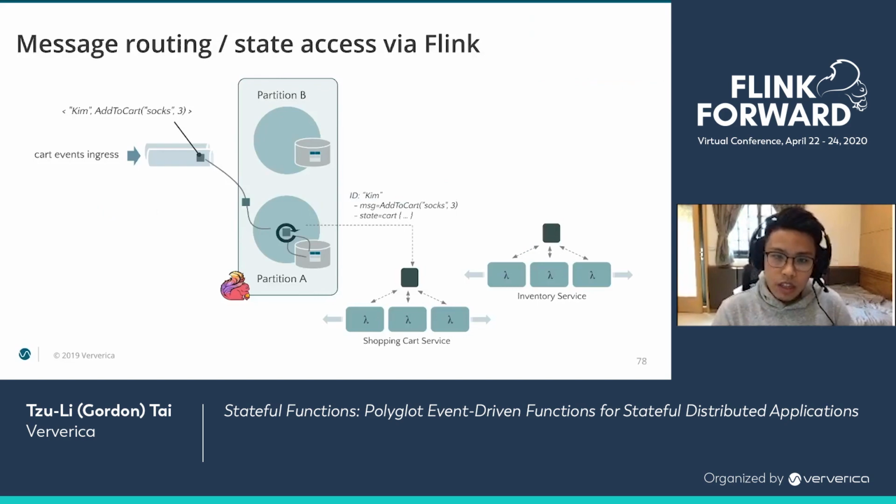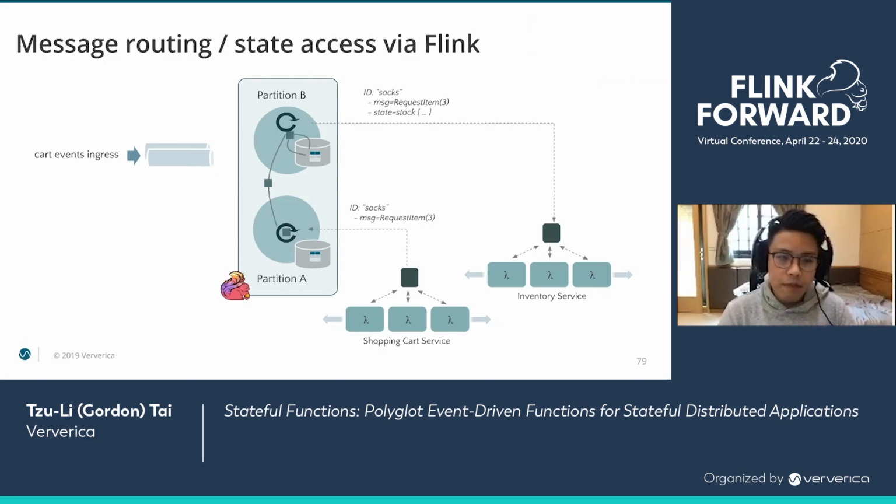To finalize all of this, at a high-level overview of the runtime, messaging between functions and services within a stateful functions application is really just streams of envelopes being routed between different partitions of a Flink cluster. So let's assume that both the shopping cart service and inventory service in my previous demo are remote functions behind standalone endpoints. The Flink stateful cluster reads events from the ingress, which gets routed to a specific partition,